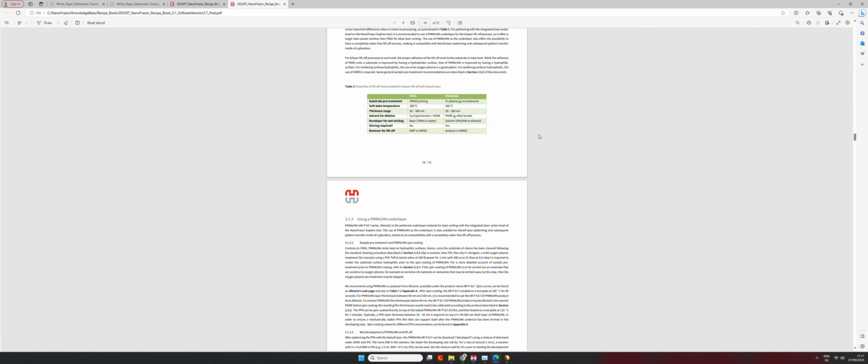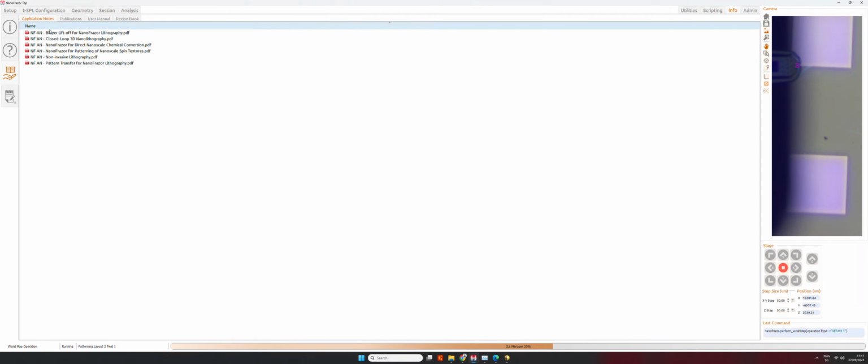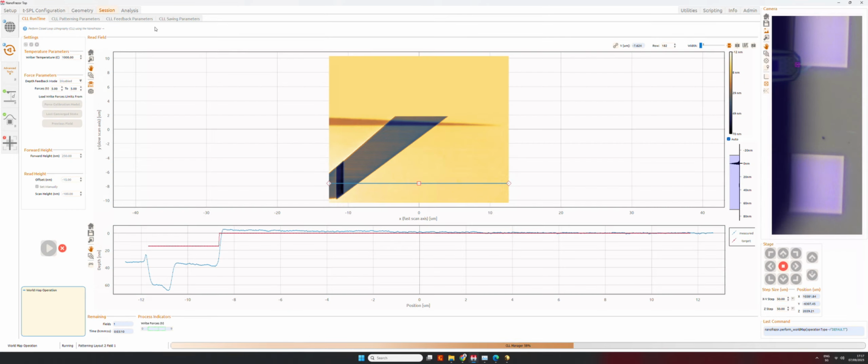So have a read of this, it's very helpful. Also, you can find more information regarding the bilayer lift-off process in the application notes.